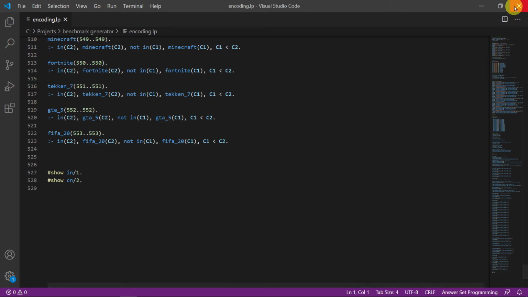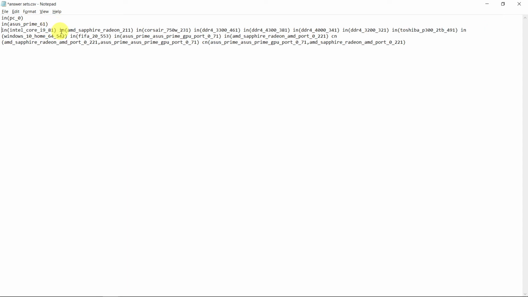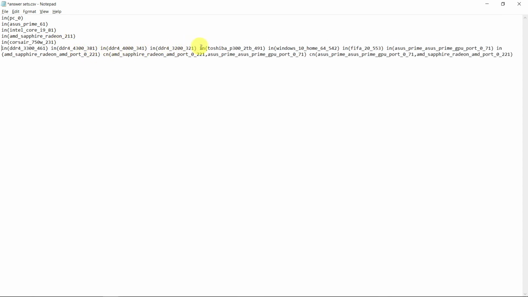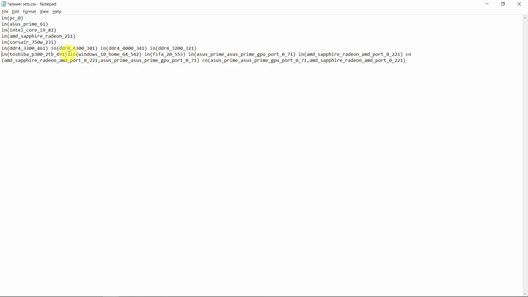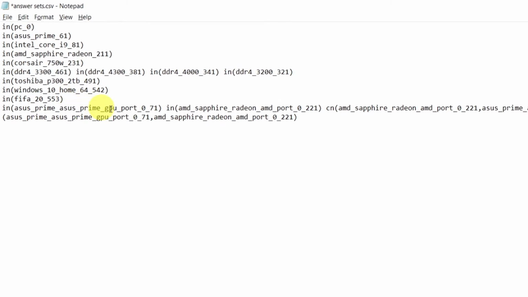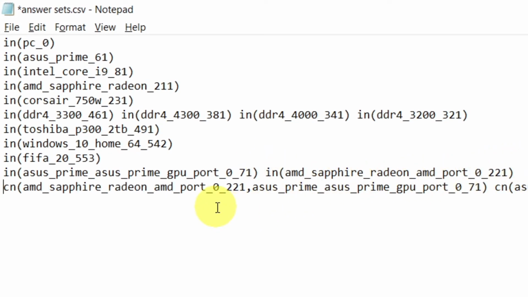Now let us turn to the answer set file. I will quickly make the file a bit more readable. Let's check whether the solution satisfies all the imposed restrictions. We will start off with the associations. We have exactly one root element, the PC itself, exactly one motherboard, exactly one CPU,